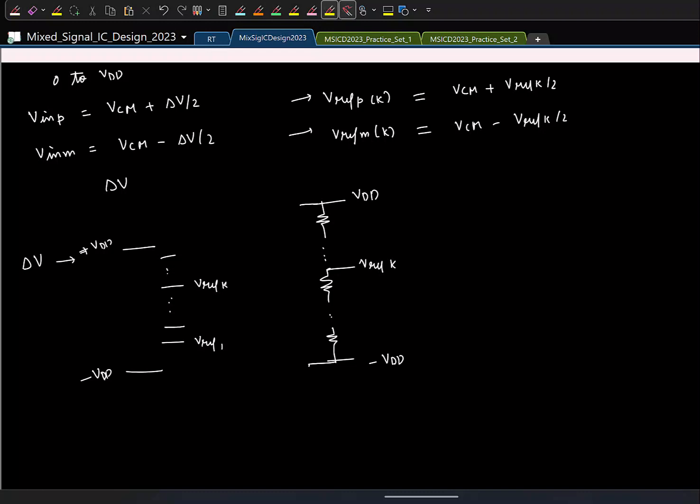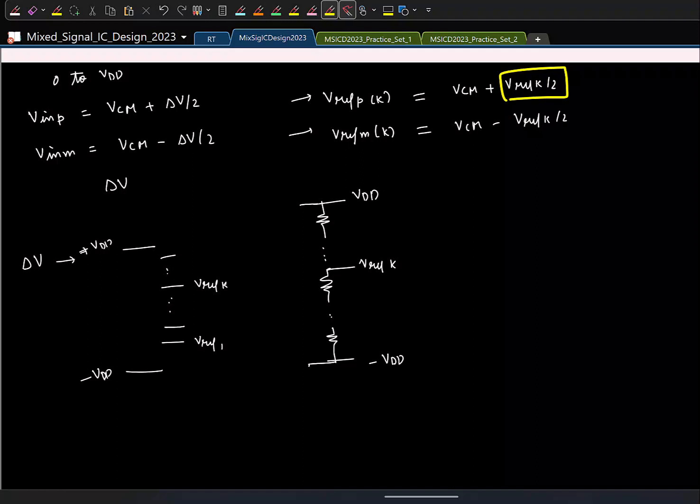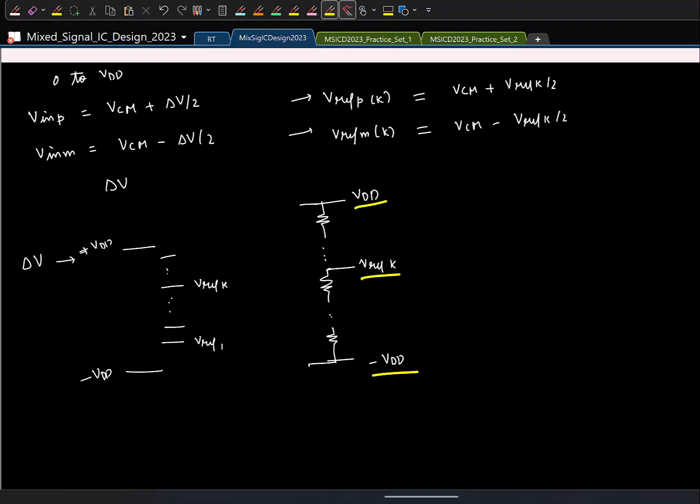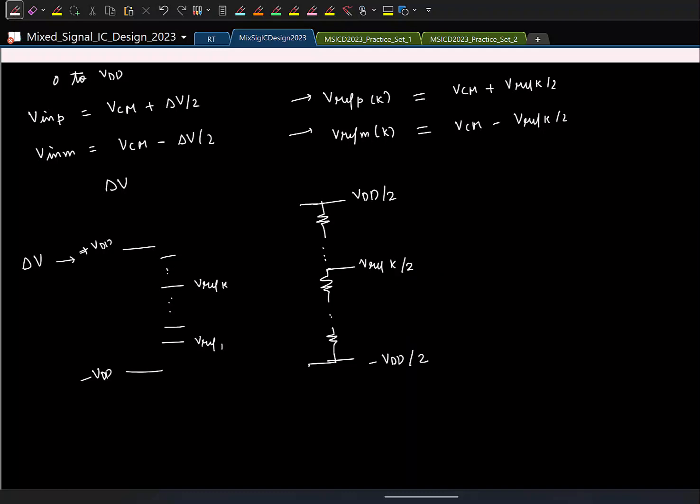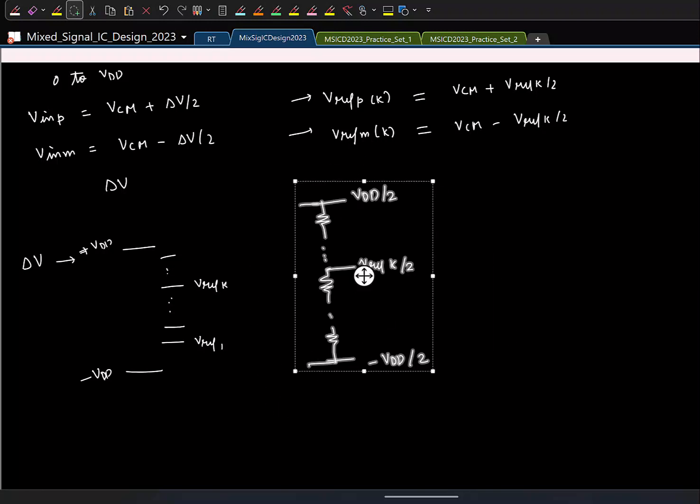Now I want to get VREF K by 2. What is the simplest thing I can do? If I have the resistors connected between plus VDD and minus VDD, I get VREF K. I want this to be VREF K by 2. I'll scale the inputs also. If I scale the input, the output scales, right? So if I scale this, this also scales. Let me actually copy this, we'll use it later. So that generates